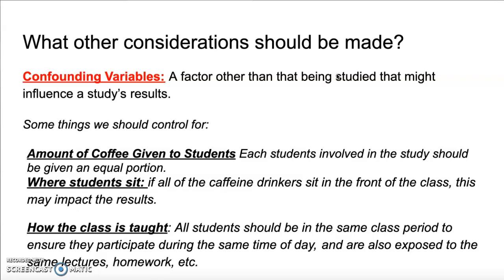And also, I would want to run this study for just one single class, like my second hour. And the reason for that would be that all of the students would be in the same class period. It would be during the same time of day, so we're controlling for time of day. And also, they would all get the exact same lectures, the exact same homework, etc. So that just paints a really, really quick picture of what experiments look like. We'll unpack and dive deeper into some of these concepts in class, but hopefully that gives you a good way to connect the terms you learned about in your book